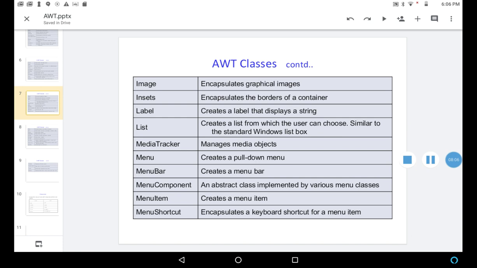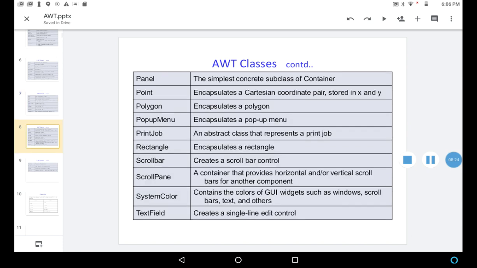If you want to create a label on the user interface window, you need to create an object of class label, then use that object as the label. Some of the other classes are panel. It's the simplest concrete subclass of container. It has all the detailed definitions of methods.